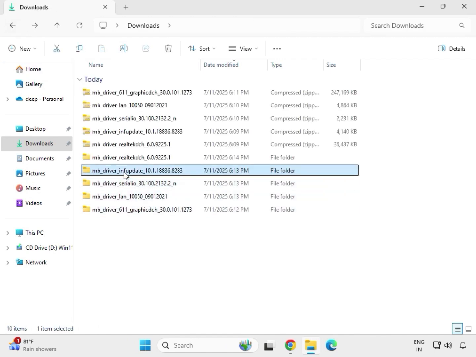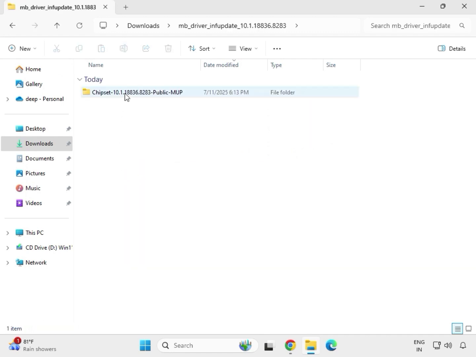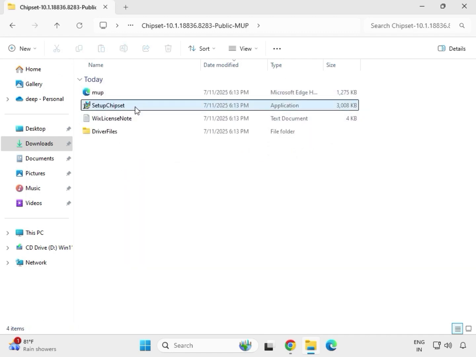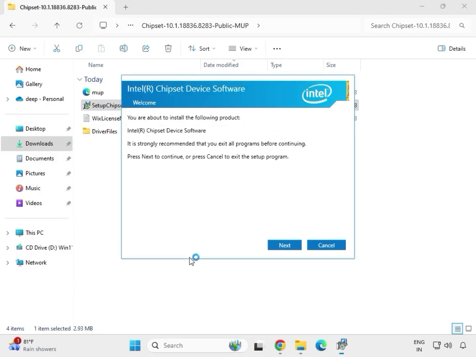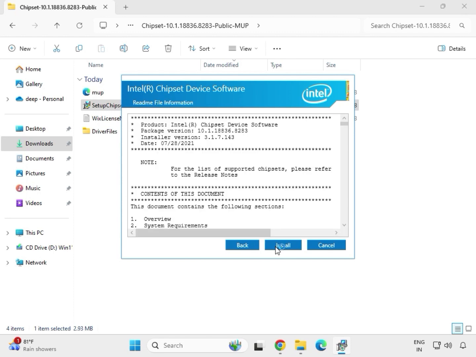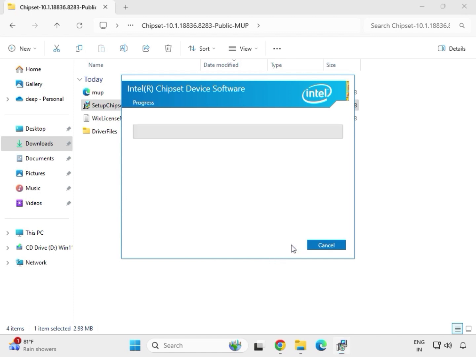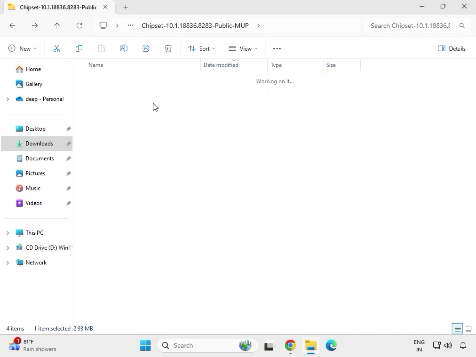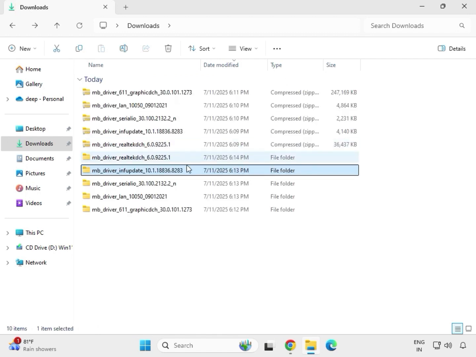this is INF update. So this is also the same for chipset. So this is setup chipset, just right click to run as administrator, then click on yes. Then next, accept, installed. And then okay. Then last one,